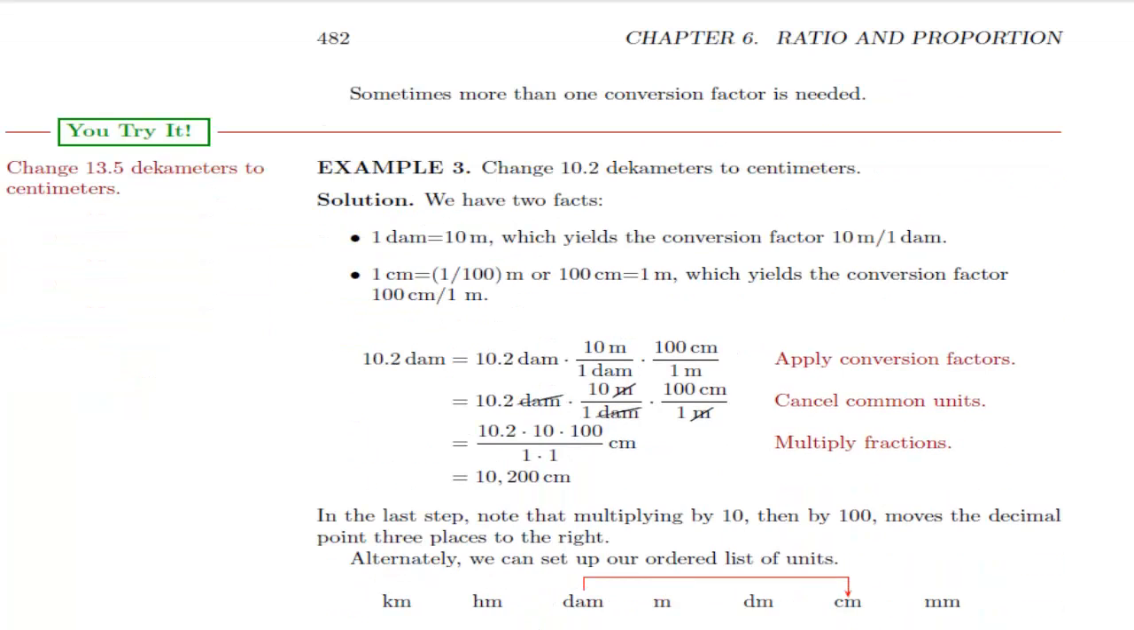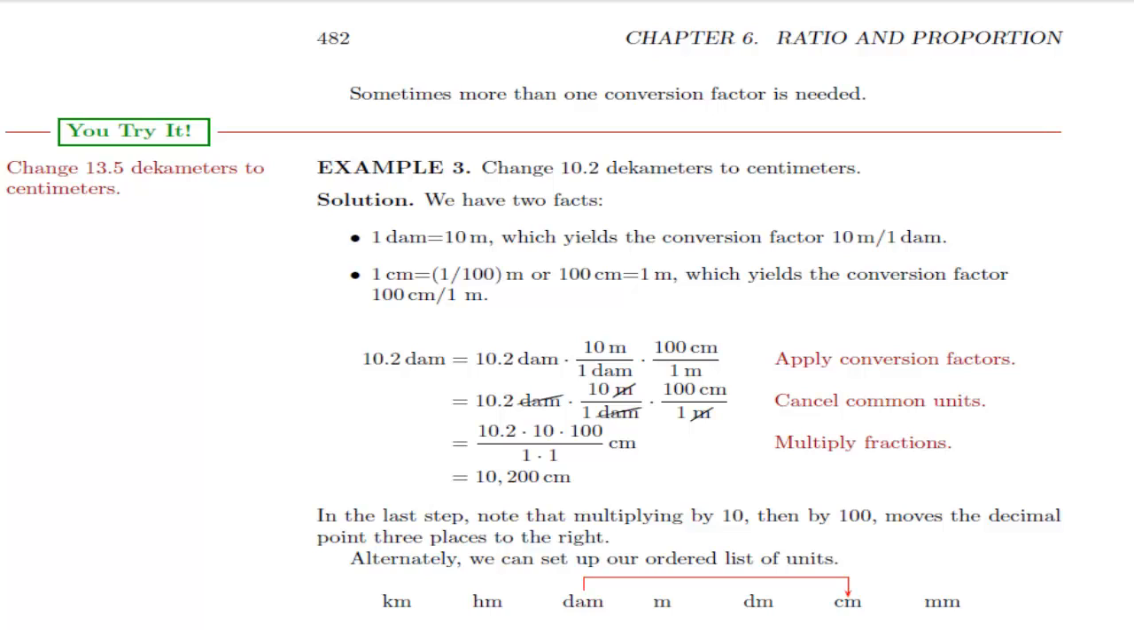Example 3, change 10.2 decameters to centimeters. Solution, we have two facts. 1 decameter equals 10 meters, which yields the conversion factor 10 meters over 1 decameter. And 1 centimeter equals 1 over 100 meters, or 100 centimeters equals 1 meter, which yields the conversion factor 100 centimeters over 1 meter. Hence, 10.2 decameters equals 10.2 decameters times 10 meters over 1 decameter times 100 centimeters over